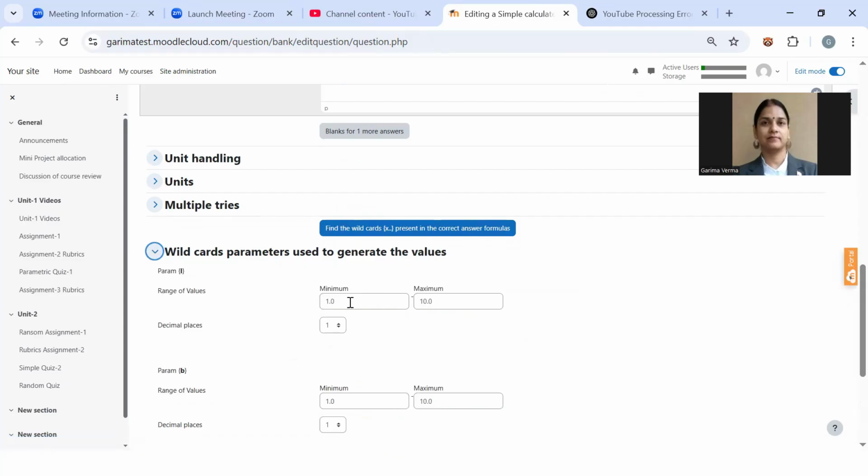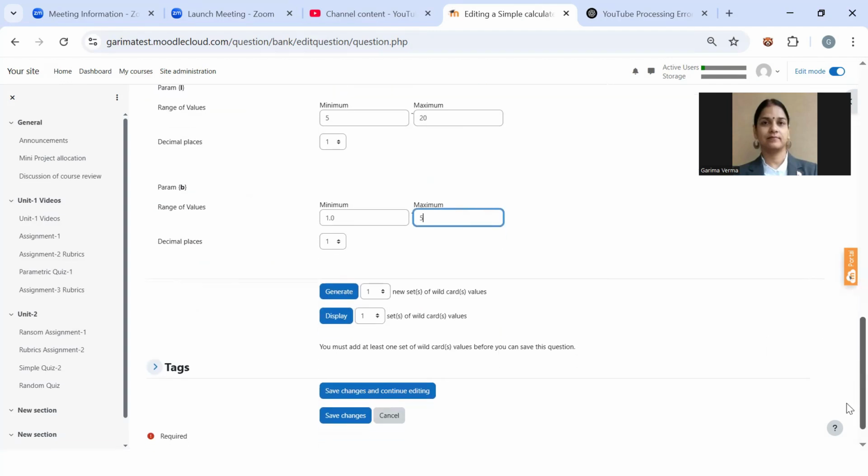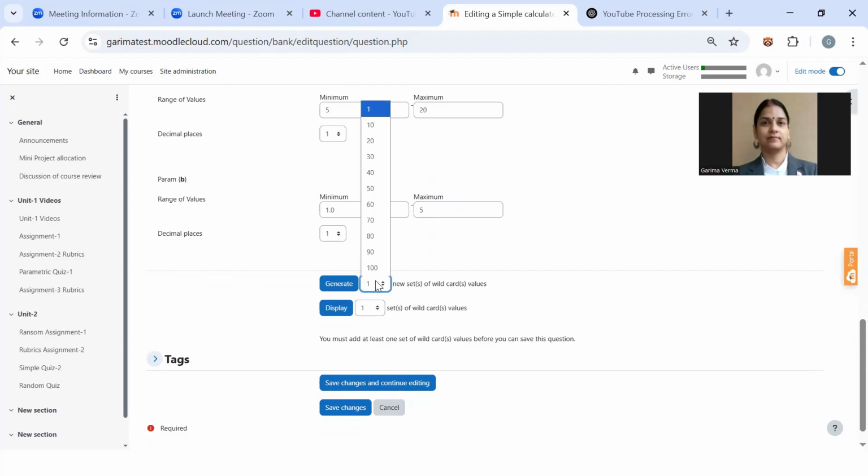So there are two parameters generated, L and B. I'm changing the value range of L as 5 to 20, which means the length will be generated from 5 to 20, and breadth I am keeping as 1 to 5. Now I'm generating 10 random parameters. So generate.